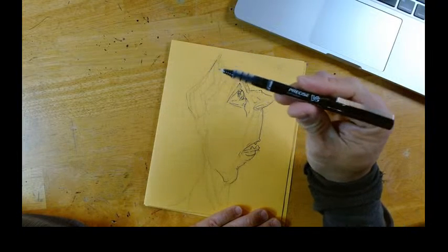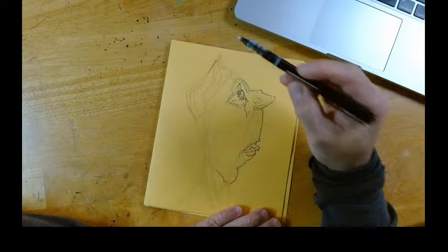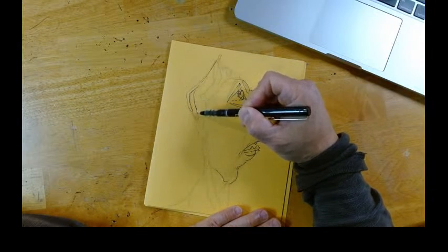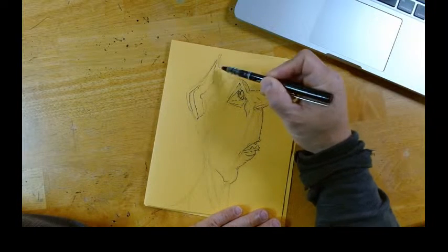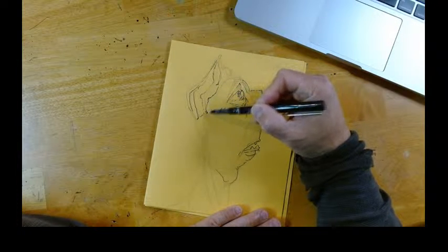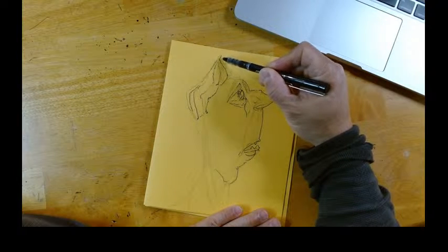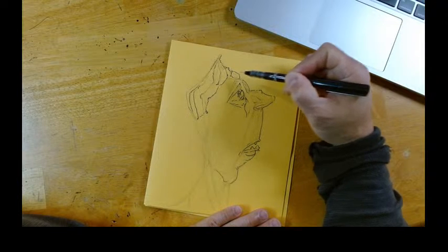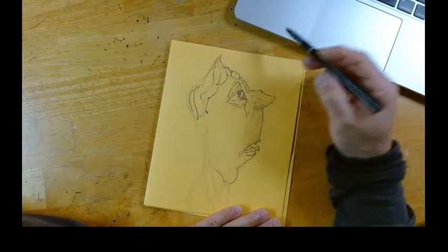This is a Pilot Precise V5. Not too expensive and very handy. I'm sure there's a lot of other great pencils out there, and pens. So many options out there. You can use gel pens. You can use microns. When you're starting out to draw, I would suggest just start off with the cheap stuff first. What's around you, and then once you feel more confident and